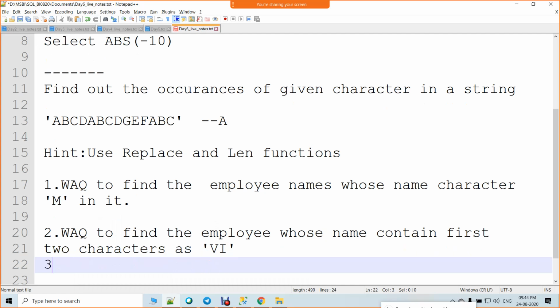I hope this question is clear. So the starting two characters should be VI in the employee name. Sure. Okay, next question.